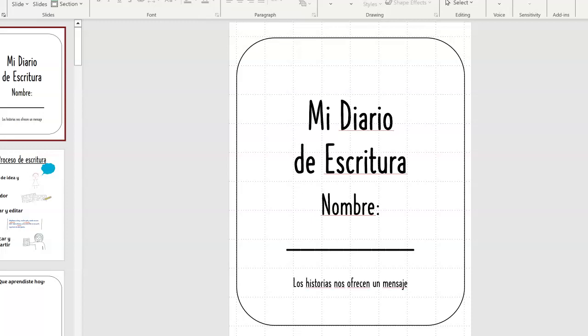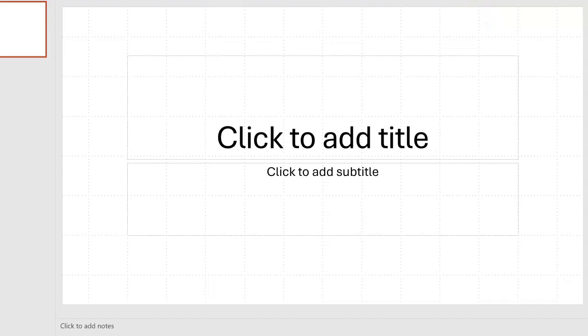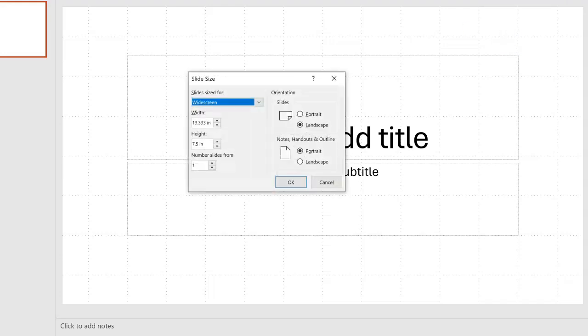So the first thing I'm going to do is open up a new presentation in PowerPoint. This is a new blank presentation, but I want to change the page size to 8.5 by 11. I can do this by going into design and then choosing the slide size, and I want to hit custom slide size. And then I'm going to go ahead and change this to